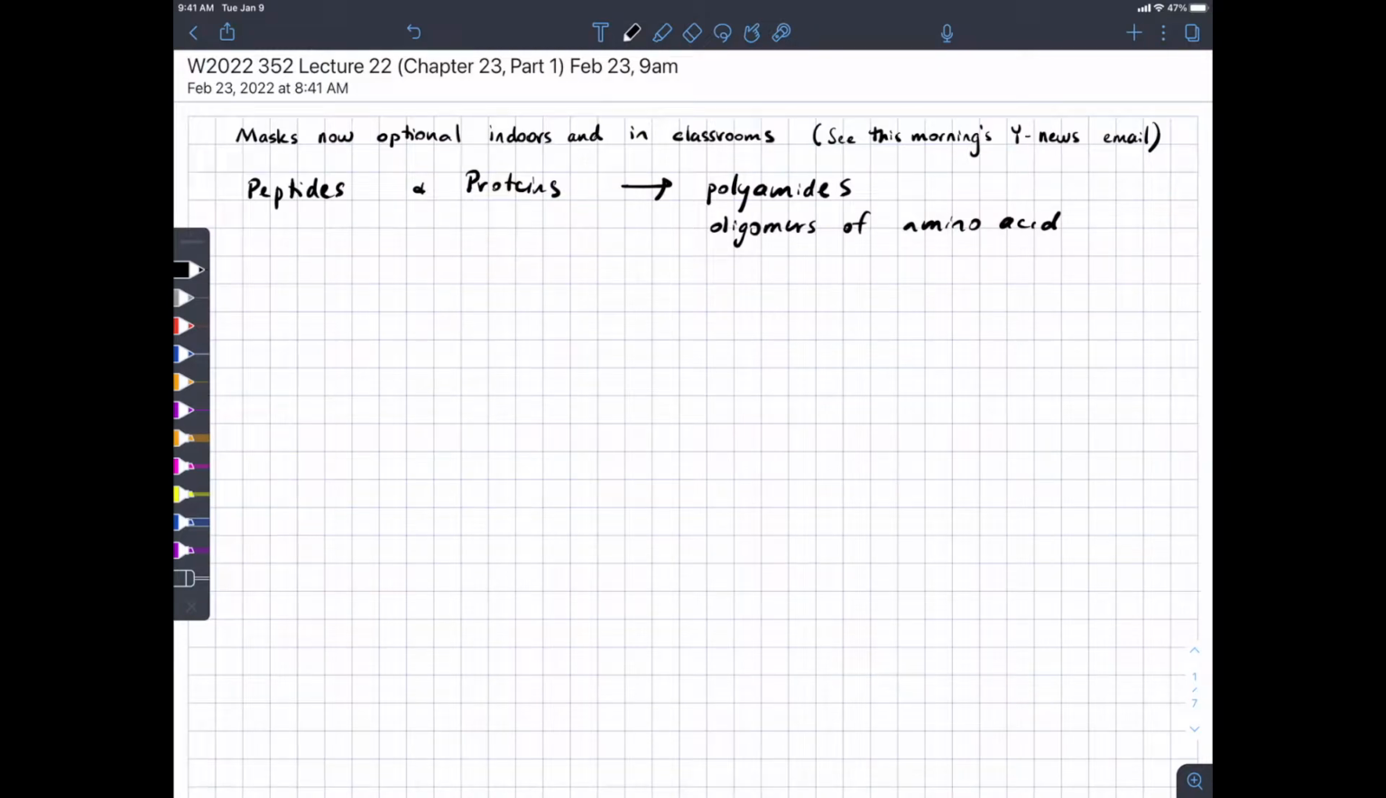Here we go. Peptides and proteins are polymers of amino acids. I'm going to abbreviate amino acids as just AA. It's kind of murky as to when a peptide becomes a protein. Peptides generally have, we'll say, less than 50 amino acids. Proteins have maybe greater than 30 amino acids. So there's some overlap in there, and there's not really a good defining